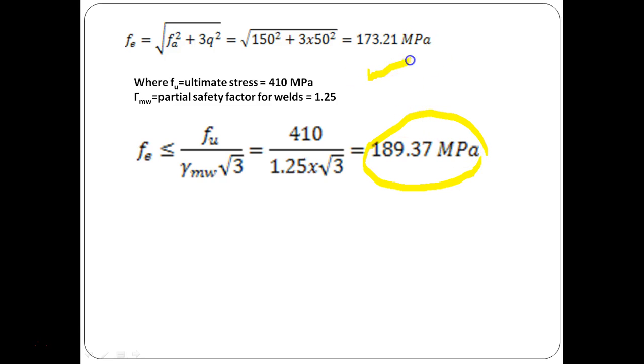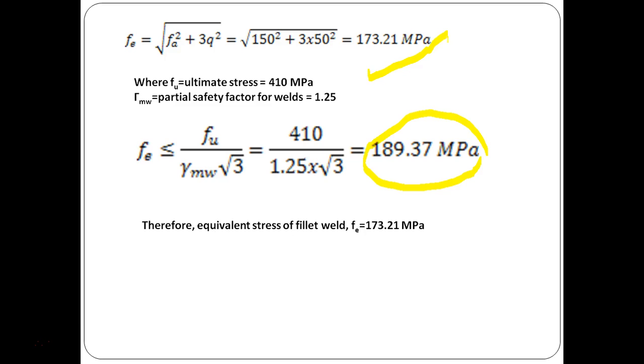We got our equivalent stress, that is 173.21. Now from here we can say that our equivalent stress of fillet weld is equal to 173.21 MPa. Now it is less than 189.37 MPa, so our check is okay. So final answer, equivalent stress of fillet weld, that is equal to